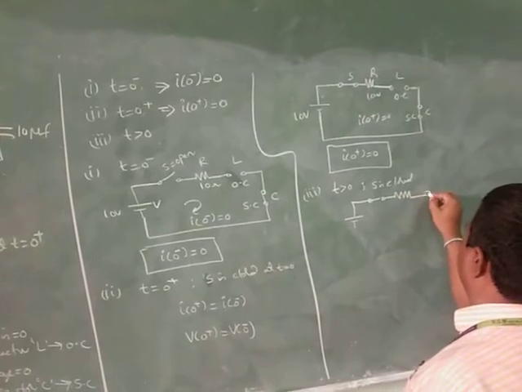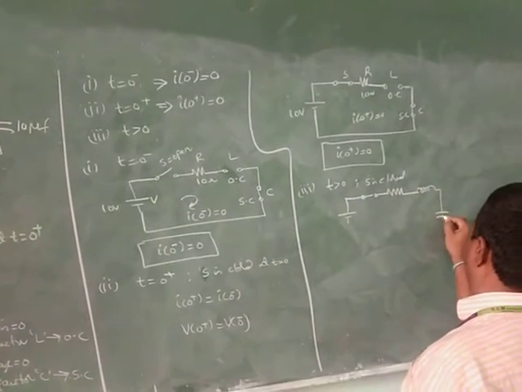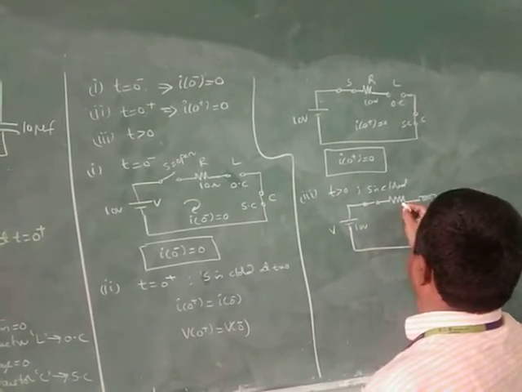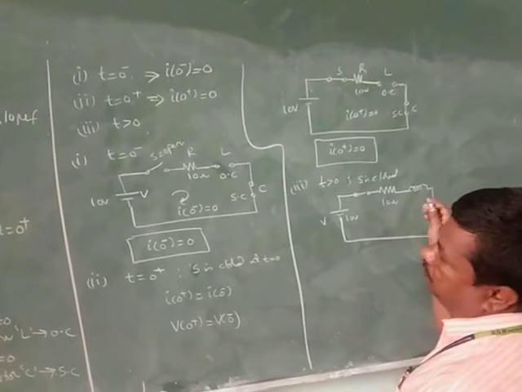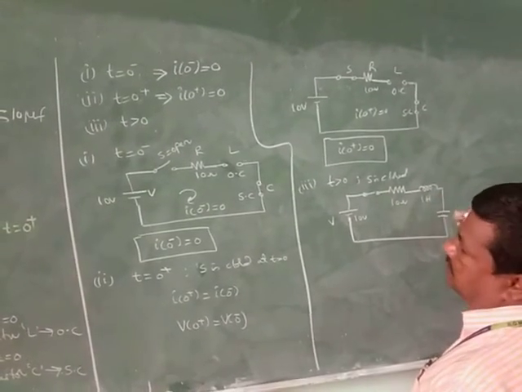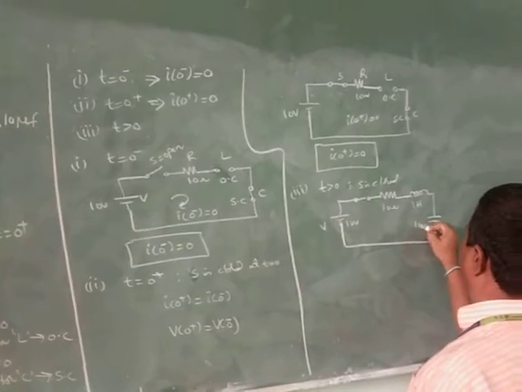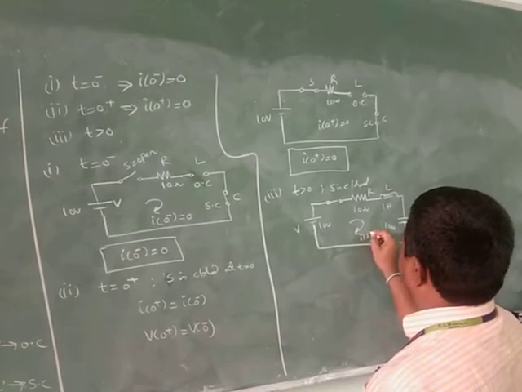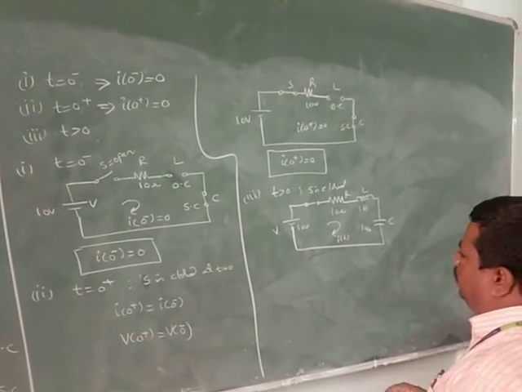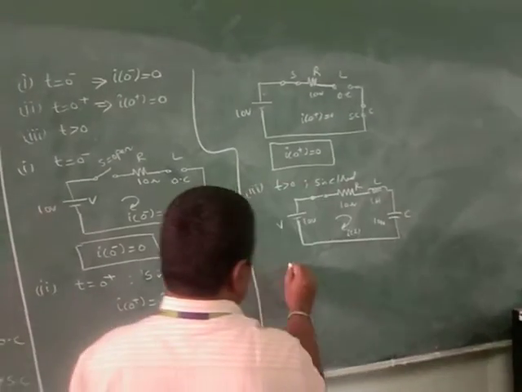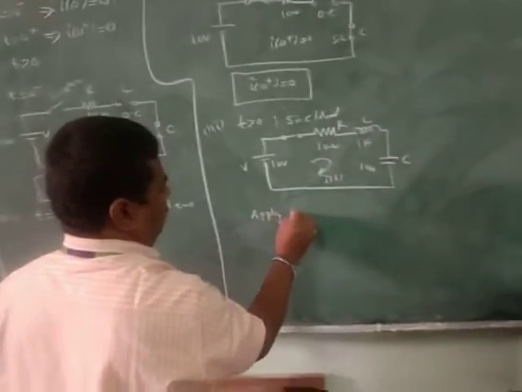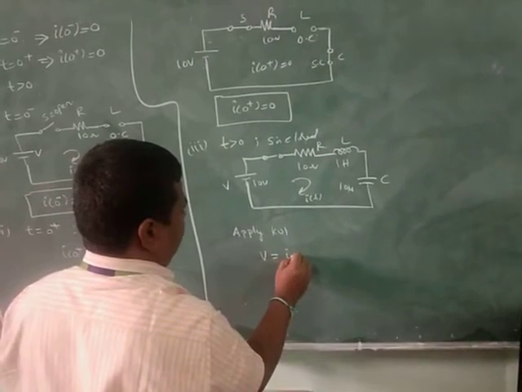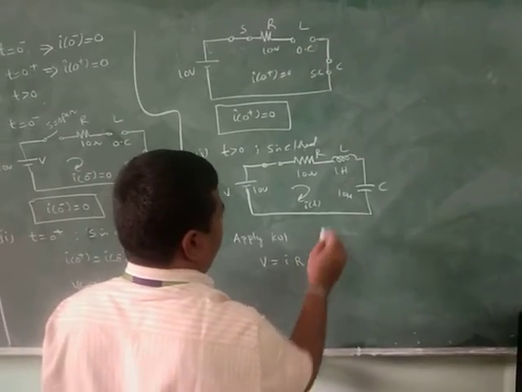Now the resistor, inductor and capacitor: 10 volts, 10 ohm, 1 H and 10 microfarad, in series RLC, and the current is i(t). Now apply KVL to this loop. So V is equal to i into R,